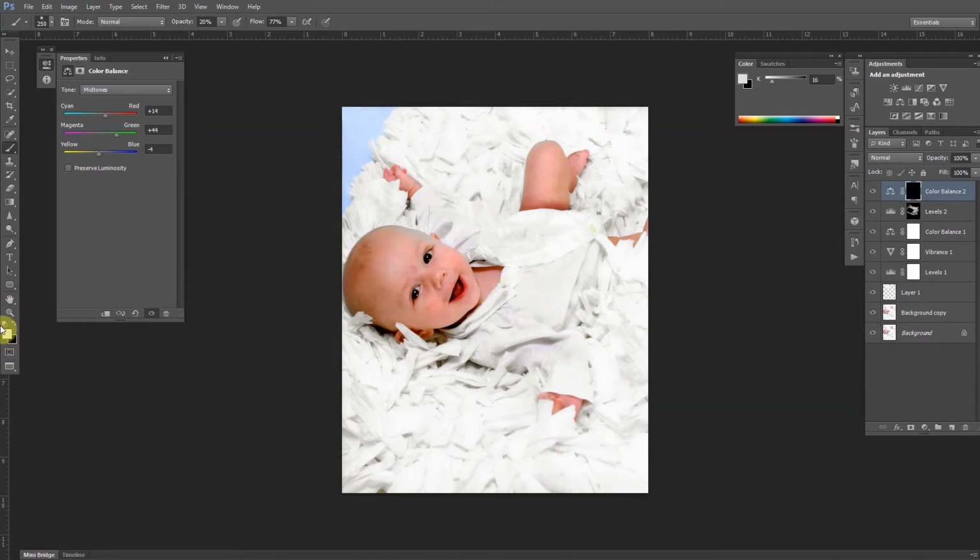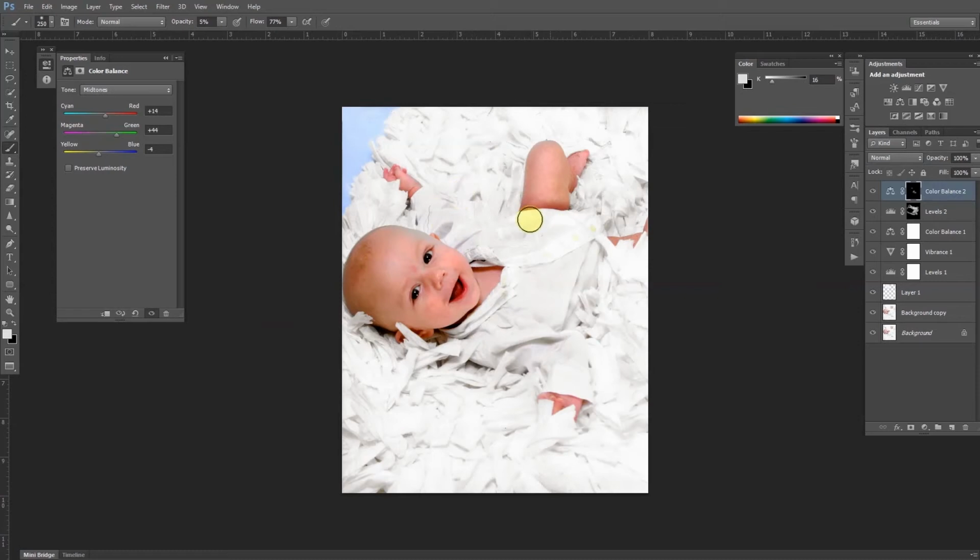And then we're going to select X to switch from our foreground and background color. You can also use this little arrow here, but the hotkey is just the letter X. Then we're going to come in these purpley areas. Opacity, I'm going to say 5 because I want to make small adjustments. And simply just brush on until those purples disappear and they turn right back into shadows. Small adjustments, small controlled adjustments,